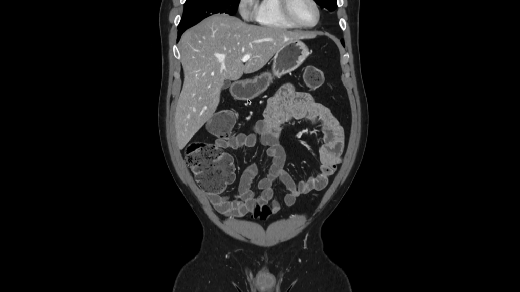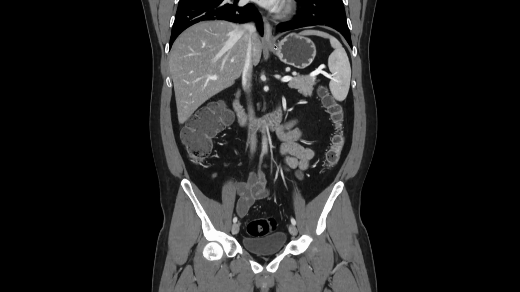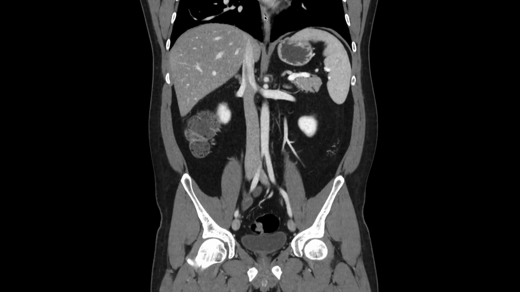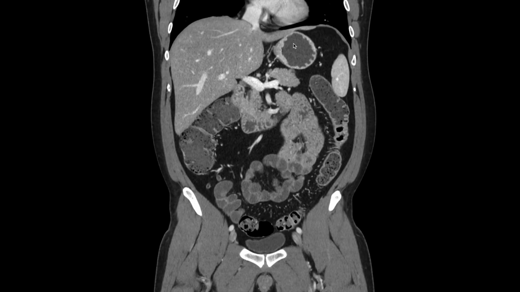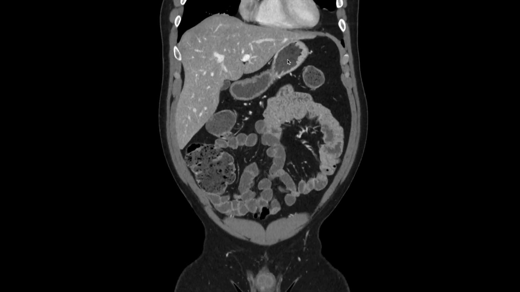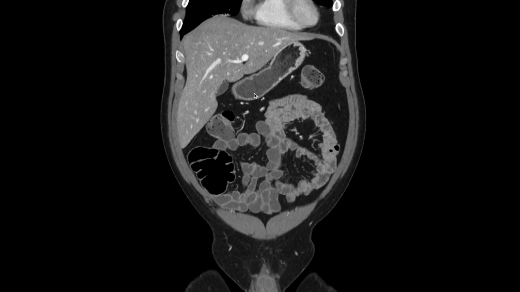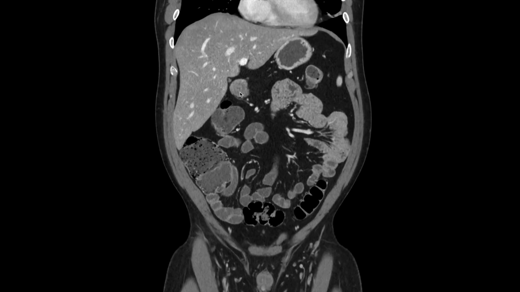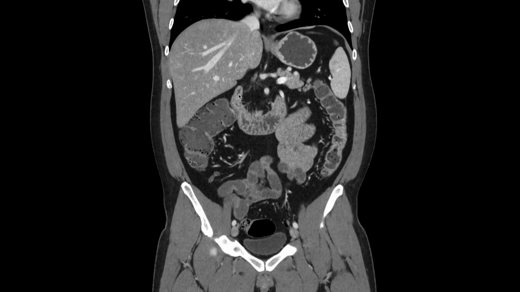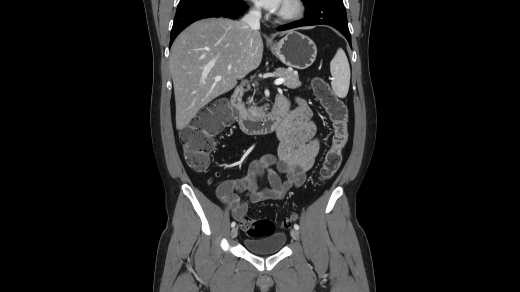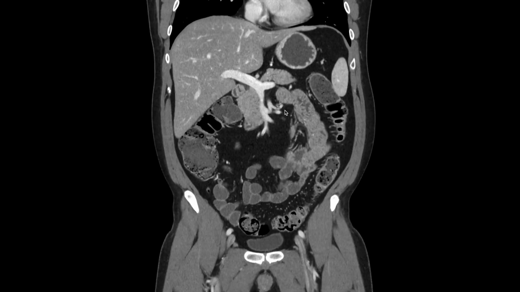So now I'll look at the bowel antegrade, and here's the distal esophagus, gastroesophageal junction, gastric fundus, body, antrum, pylorus, duodenal bulb, and here's the second portion of the duodenum sweeping into the third portion, ligament of Treitz,